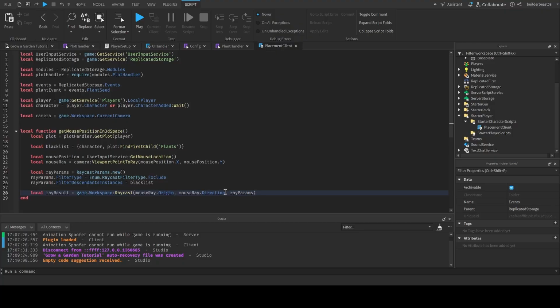Oh, I forgot. You have to do mouseRay.Direction times, with the asterisk, 100. 100 is just how many studs, so you can change that to whatever number you want. That's how far away the camera can be while you can still place stuff. So now return